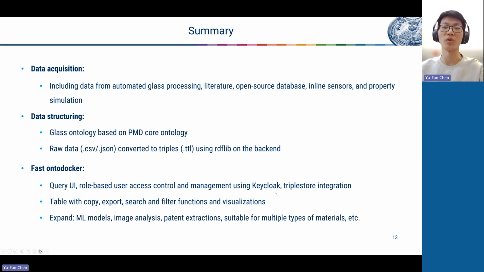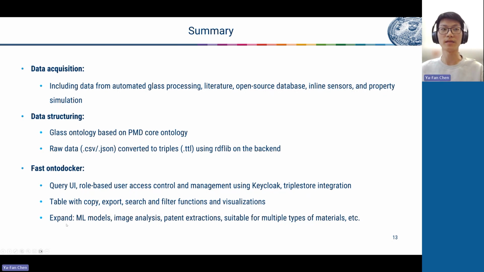And with that, we can use the API key generated in the OntoDocker to have a Windows or Mac or Ubuntu-based software, all written in Python. And also there's a triple store integration currently on the Fuseki, but there will be BlazeGraph and GraphDB. And a table with copy support, search and filter functions, and plot visualization functions by using an open source plot library